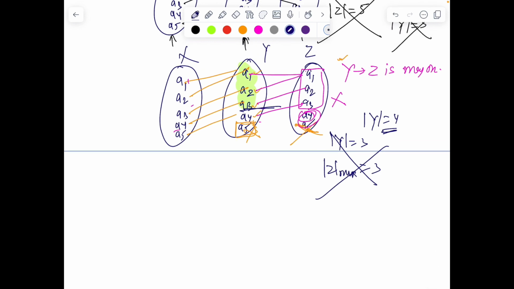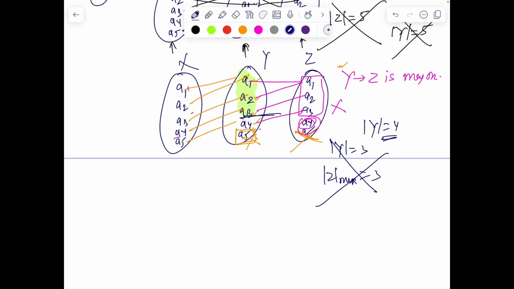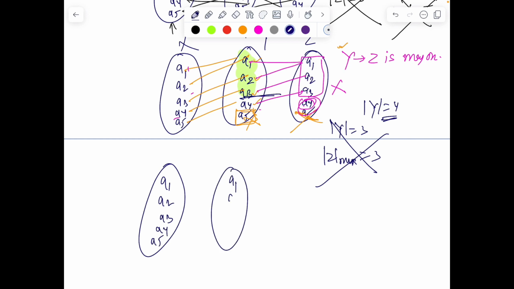Okay, under those conditions, the conclusion is that set Y must have exactly 4 elements, backed up with the idea that a function from Y to Z must be a function from Y to Z. So the conclusion is set Y must have 4 elements, and the function from Y to Z must be a bijection. It must be one-one and onto. So once this is clear, we can simply count the number of such functions: